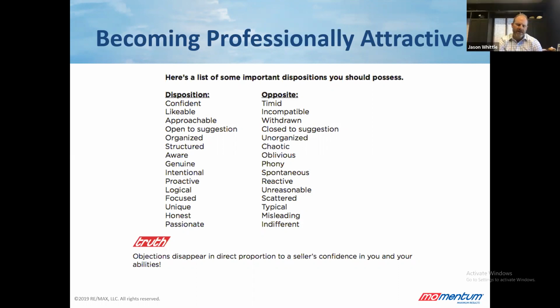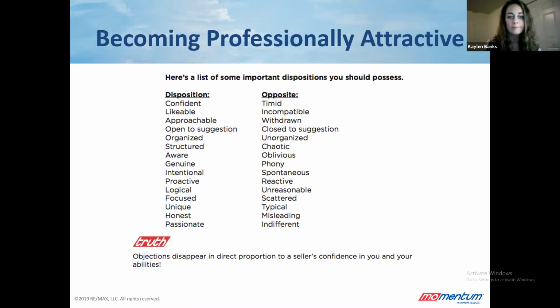Yeah, this goes hand in hand with what we talked about in our listing conversation class. Know where you're going. If you're going to a farm, don't show up in high heels. Don't show up in slacks. Be ready to show a farm. If you're going to a home in Import Chima, you better look the part, because you're going to be competing against people who are professionals, and they're going to expect you to look like a professional. So you don't want to cause objections in your mind before you even get an opportunity to start speaking.